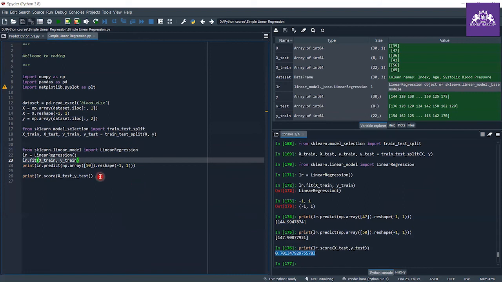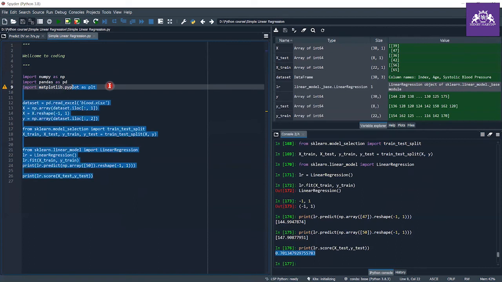So that's all about simple linear regression. I suggest you try to import some other data sets also and implement linear regression on them. Do the train test split and use some different values. Try to predict the values and analyze the data, how you are providing your data and how the output comes from the model, and try to do more research and development on this. It will benefit you in the future.